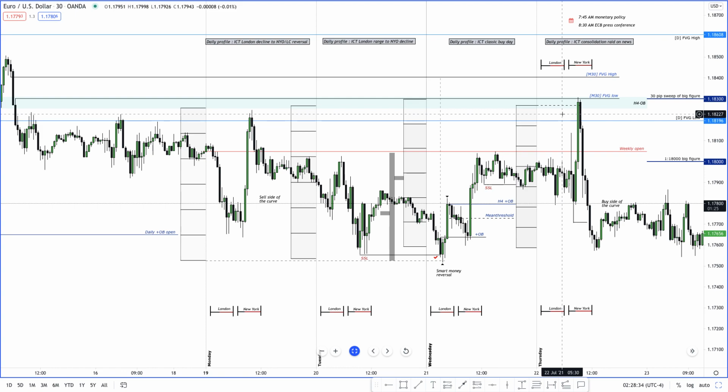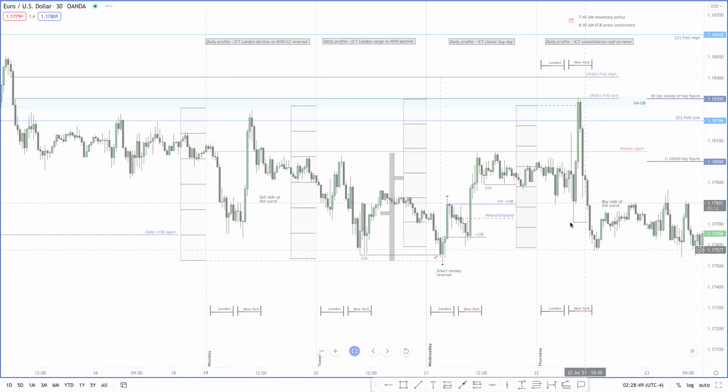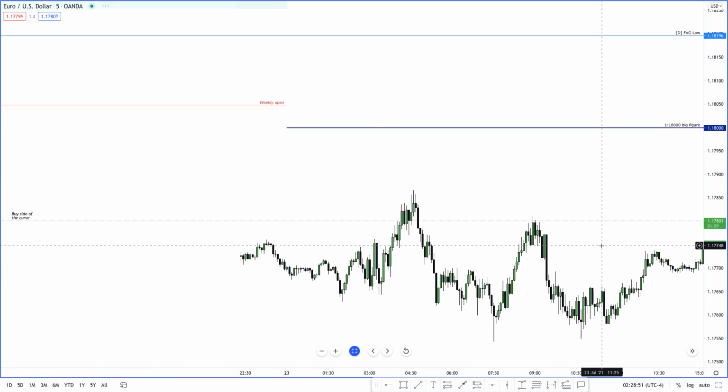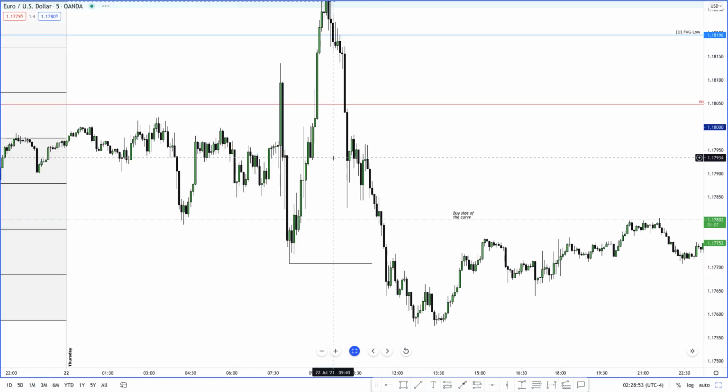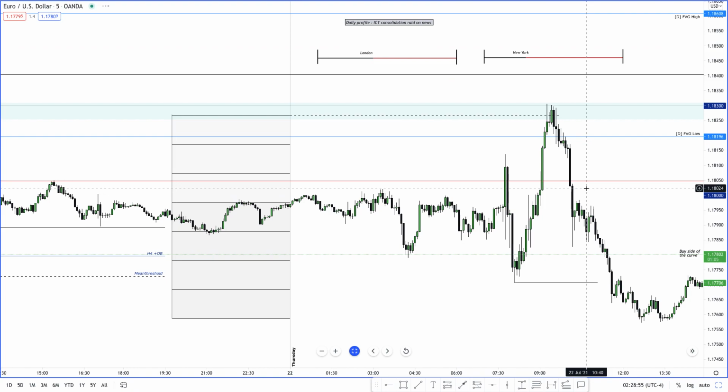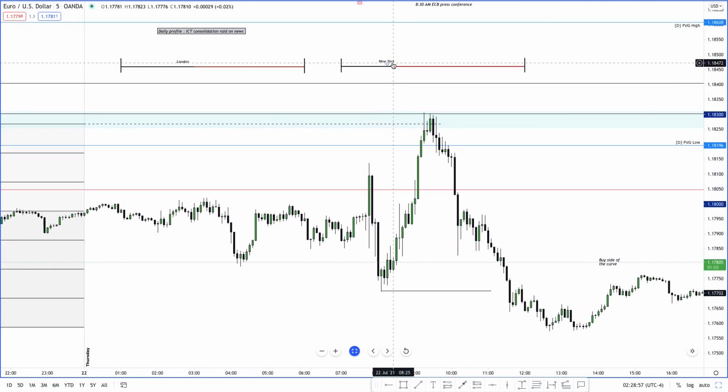Okay, so after this, now I'm watching, and what time of day is it? It's New York session. So I'm waiting for a 5-minute bearish order block to form here, when I will then go short to target this low. Okay, so let's go to the 5-minute. Okay, so if we look at the 5-minute time frame,